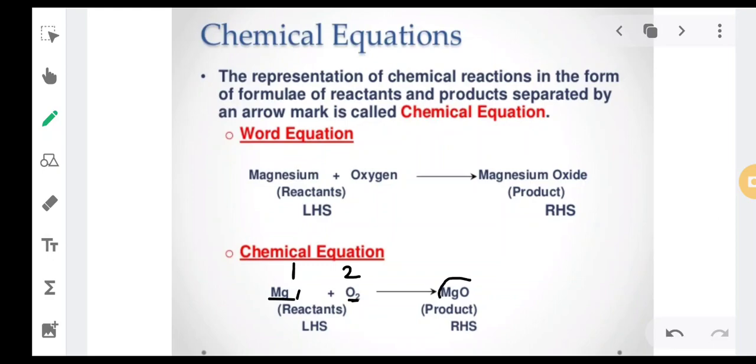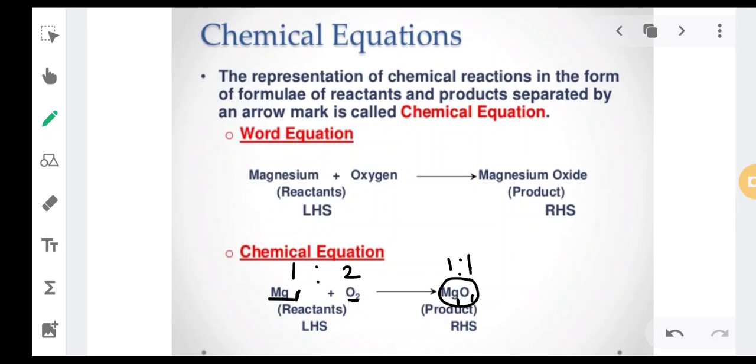But in the product, if we see how many atoms of magnesium there are, nothing is written, which means 1 atom of magnesium. And there is only 1 atom of oxygen. In the reactant, there is one atom of magnesium and two atoms of oxygen. If you can see, one atom of magnesium, two atoms of oxygen, and over here there is only a single atom of oxygen and one atom of magnesium, Mg.